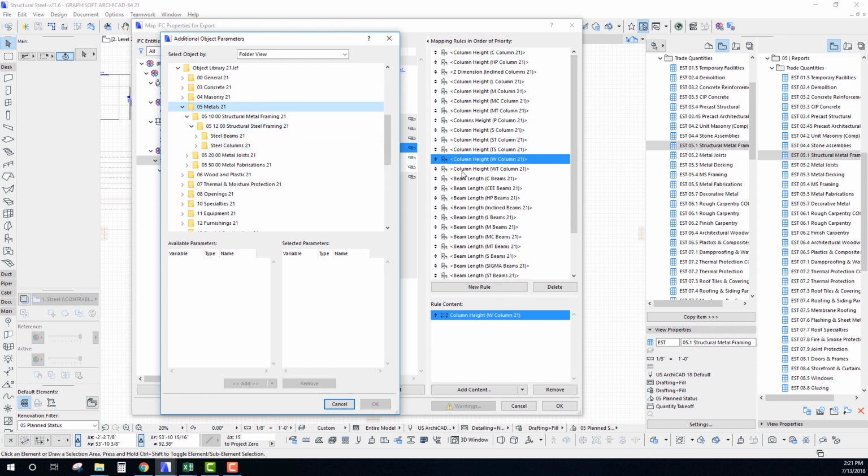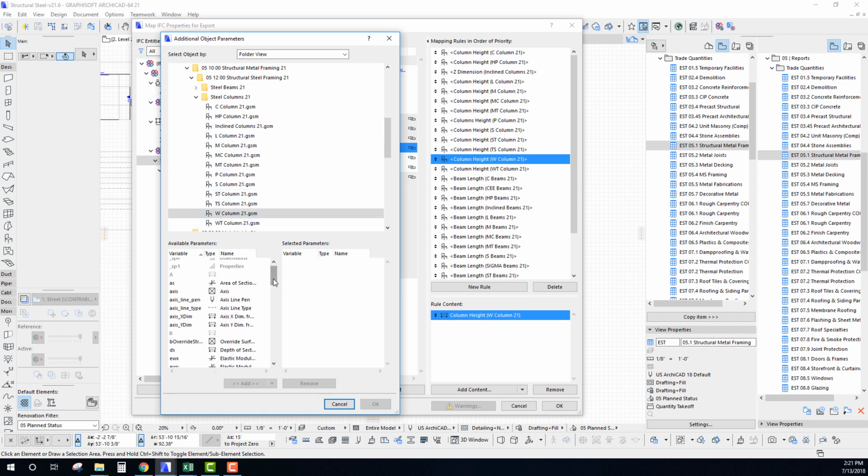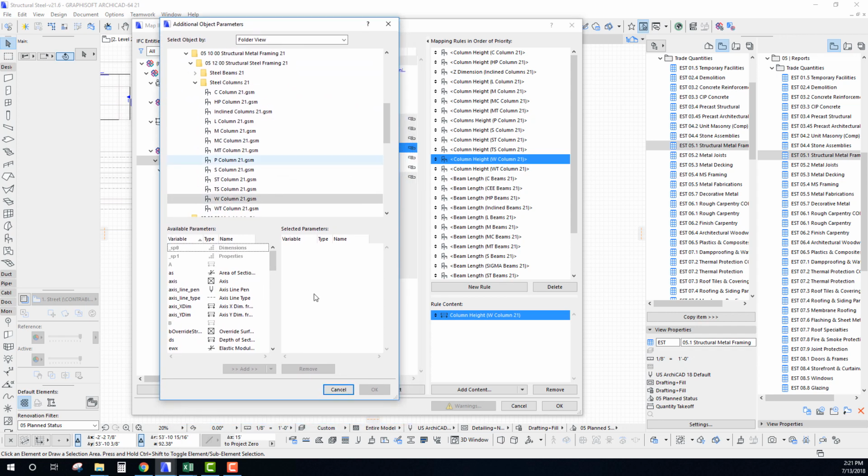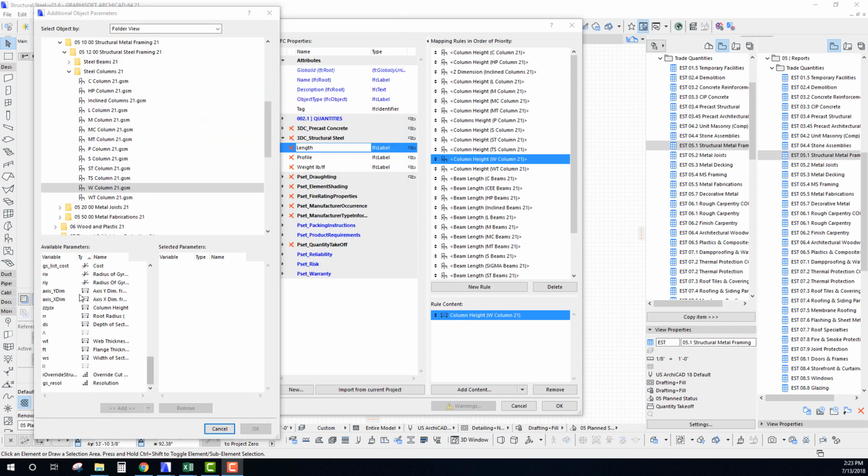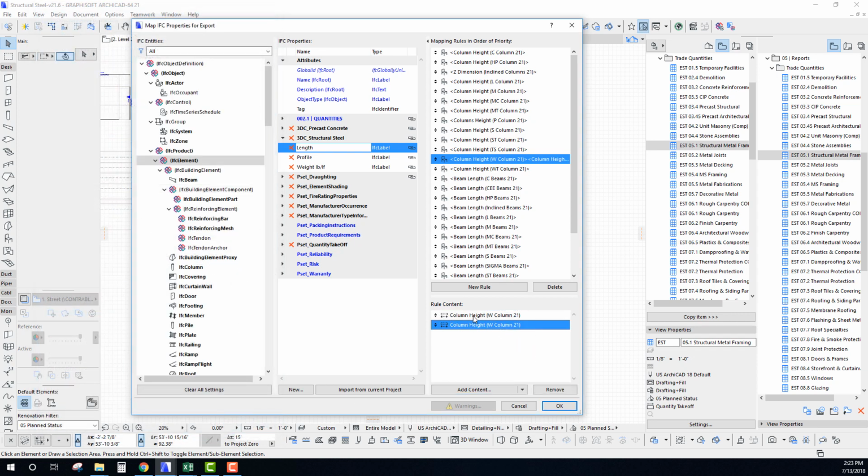library here. We're actually looking for a column, a W column, so I would go to my steel columns, W column, and this is where those parameters become available. I always like filtering them by the type here. So you come down here and we can look for the specific... okay, so it's our column height right here that we had added. If I take this and add it again, we can see that we'll have two of them here, the exact same thing. And that's just how you add specific parameters to an IFC parameter here that's available